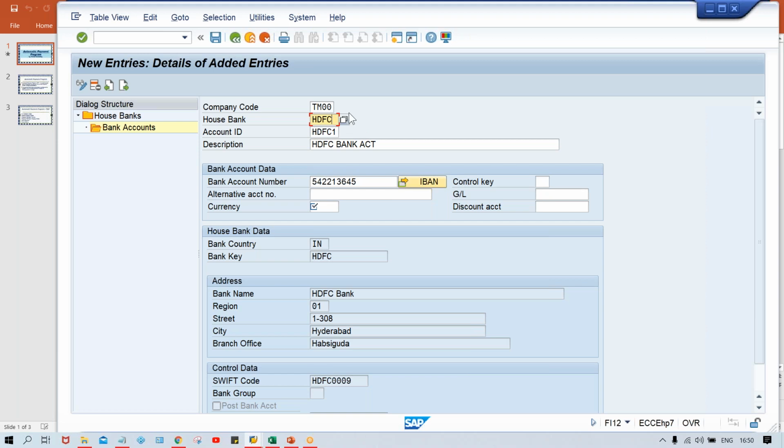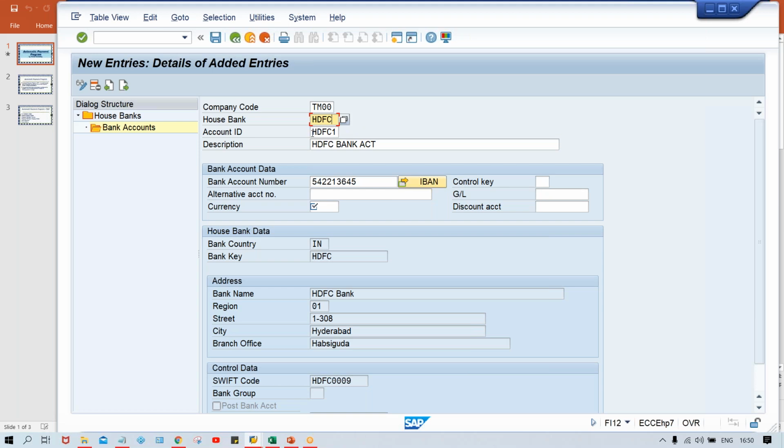It means HDFC I have created as a house bank, or HSBC, or it could be any bank account, guys, any house bank. In one bank, you can have multiple accounts, right? So in HDFC, if I'm having 2 accounts, 3 accounts, then what will happen?